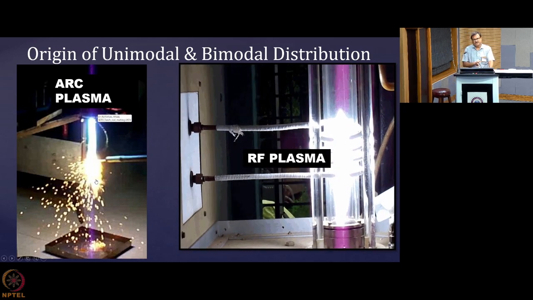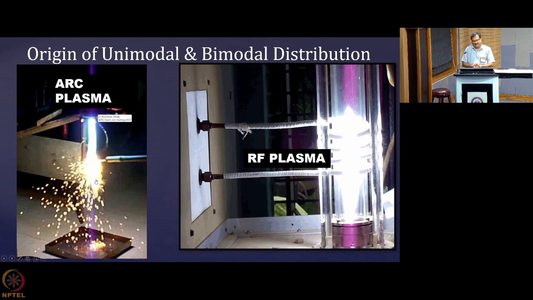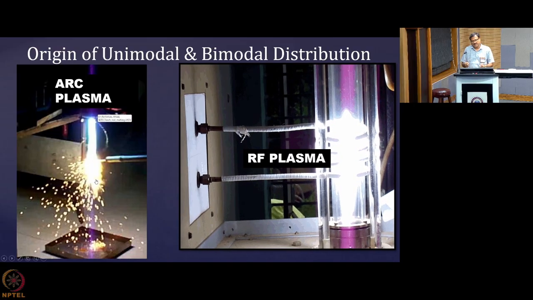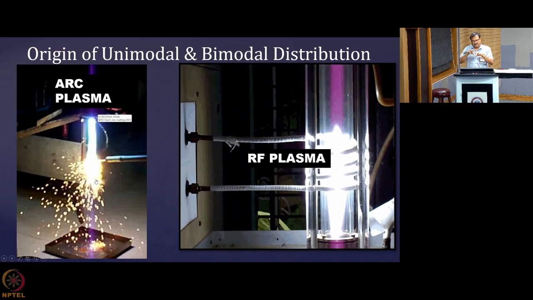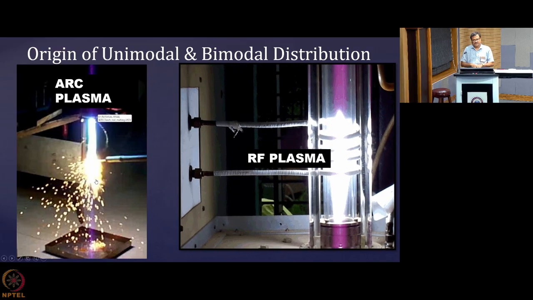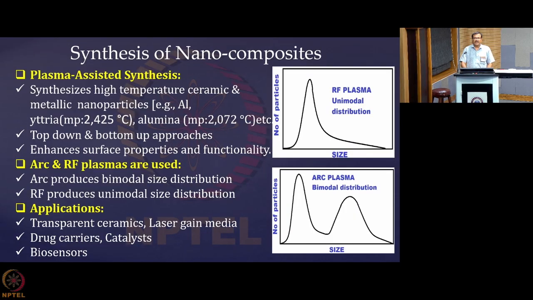So those particles which are moving along the radial direction, they are offering you a much lower dimension compared to those particles which have moved along the axis. So that is the reason why you are getting two size distributions. One is very narrow, which has originated from the movement of the particles along the radial direction, and one is very large size, whose distribution is quite broader.